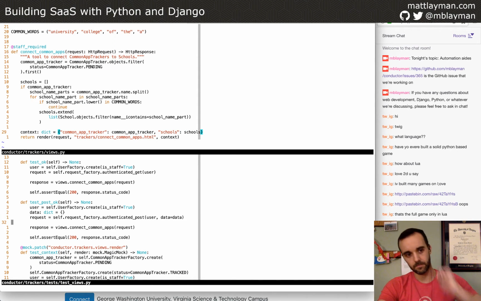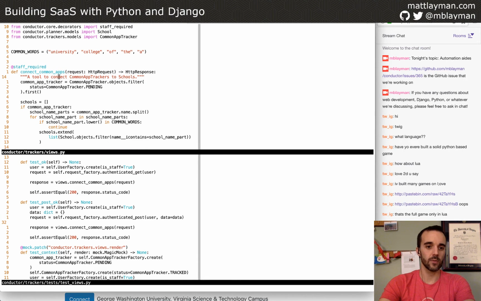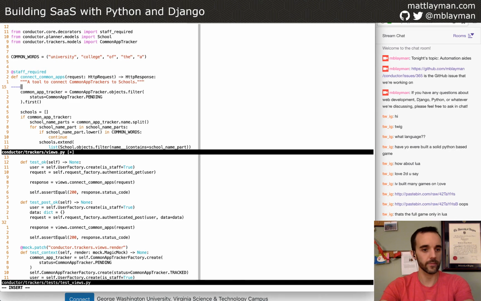Let's go to our view, and now it's time to make our view actually handle a post request. How do we do that? The Django request object, that's this thing right here, HTTP request, comes with a variety of attributes, and for the sake of talking about them, let's look at them.